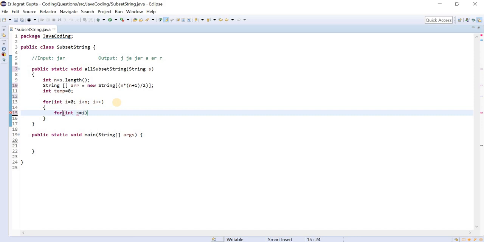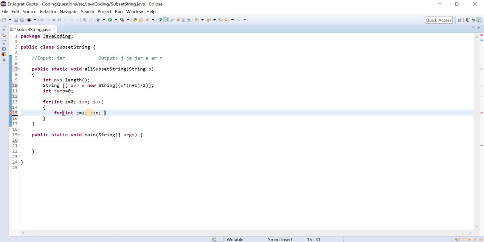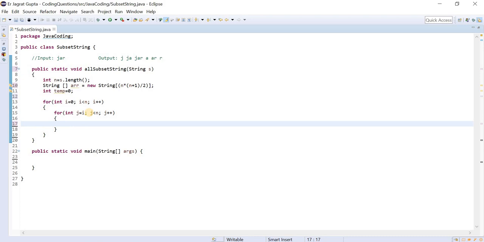Why will I start it from i? Because if you see, this first character is itself a subset of this string. A single character is also a subset of this particular string. And j is less than n and j plus plus, like this.